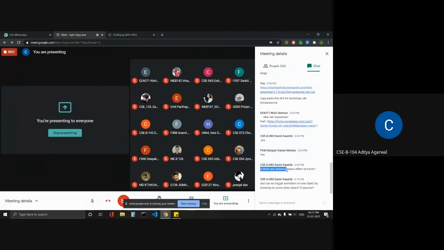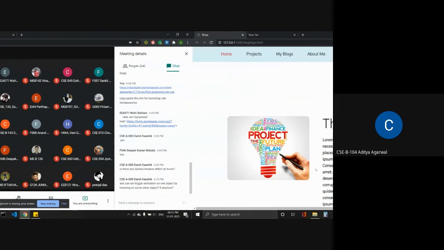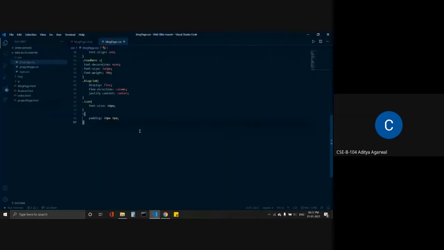And what is the question? Is there any darken shadow effect on hover? Yes, I guess that is there. Let me see.